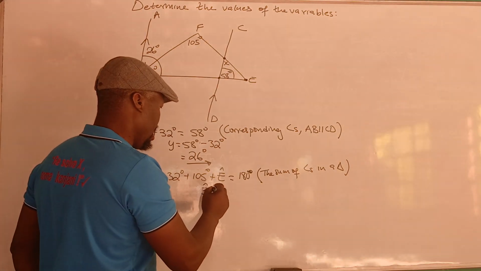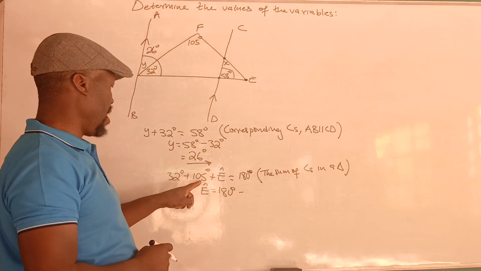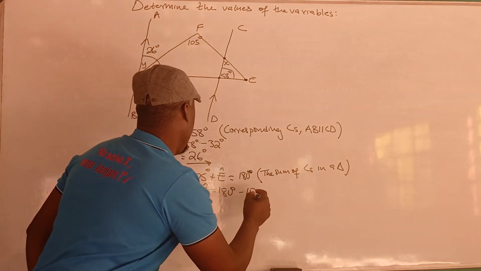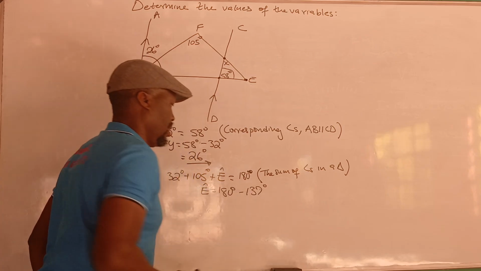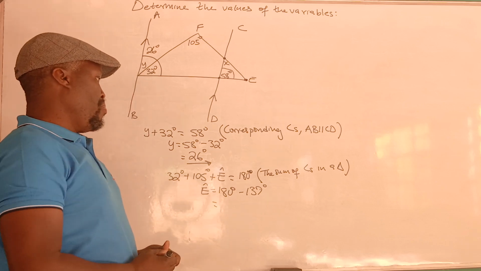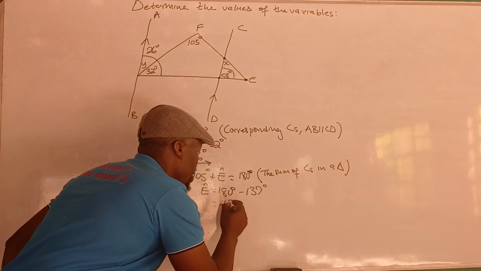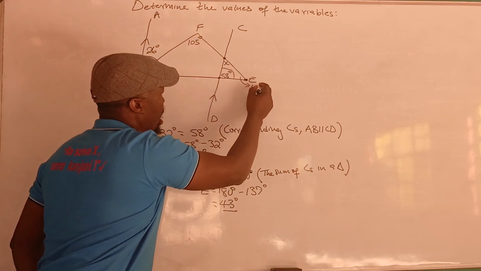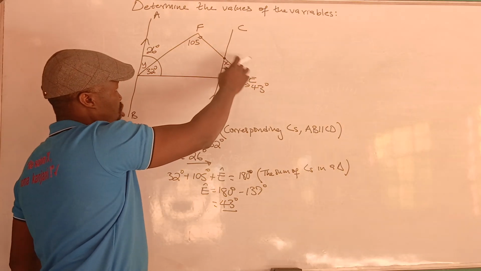Meaning that angle E will be 180 degrees minus the sum of these two angles. 105 degrees plus 32 degrees will give us 137 degrees. 180 degrees minus 137 degrees will give us 43 degrees. That is the size of angle E, 43 degrees. From there, we can work within this triangle and say